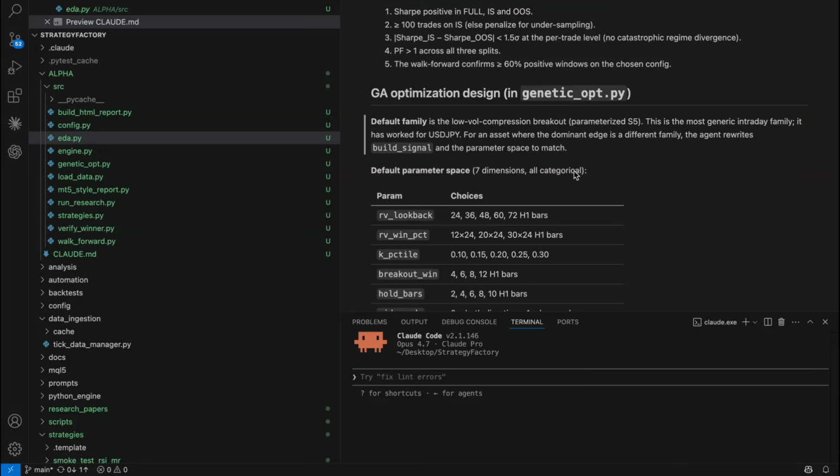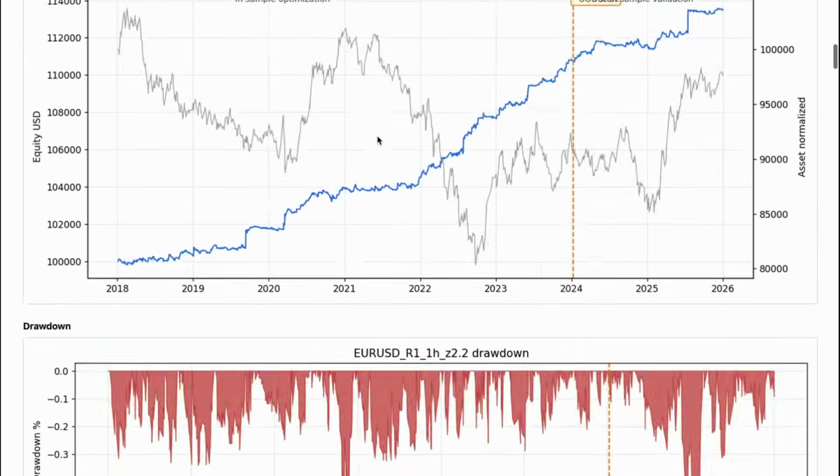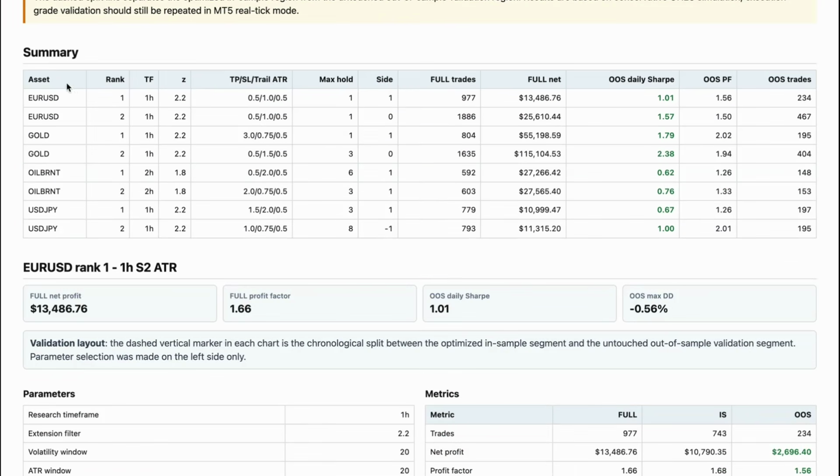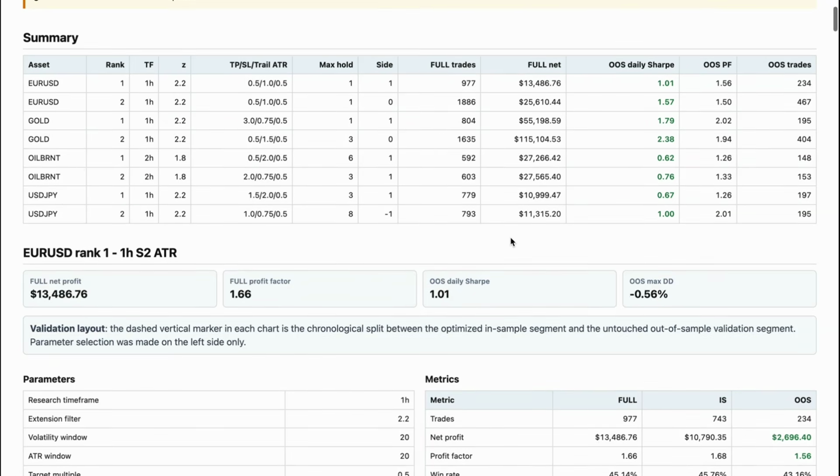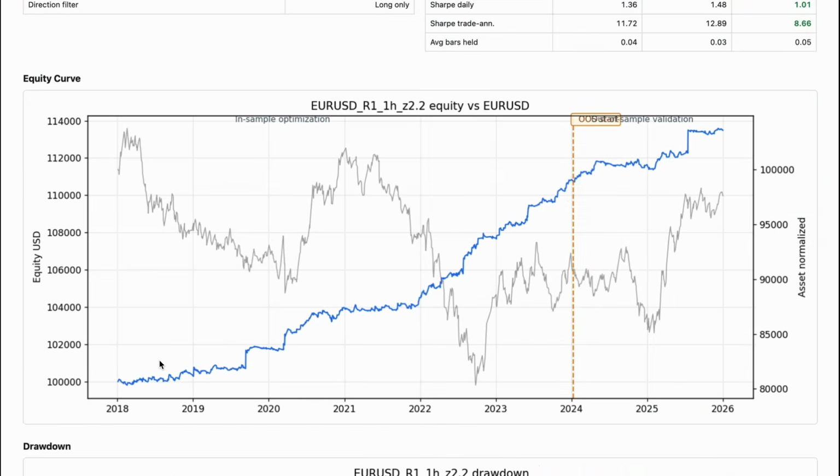This is genetic optimization, and as you can see on this report here, I decided to test, of course that was EURUSD, but I decided to test this type of logic on different asset classes. In this case, we have EURUSD, gold, Brent oil, and USDJPY. So as you can see, it's not just testing, it's also optimizing everything. Of course, optimizing only on the in sample, never optimize on the full dataset. As you can see, this is the optimized